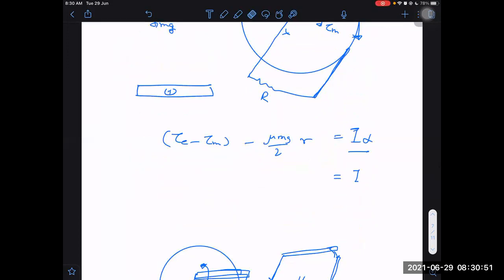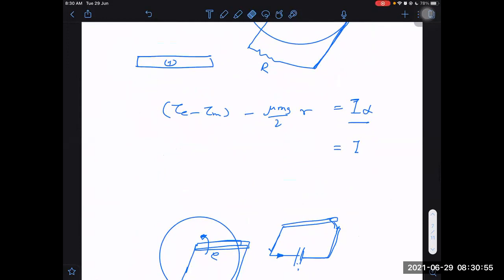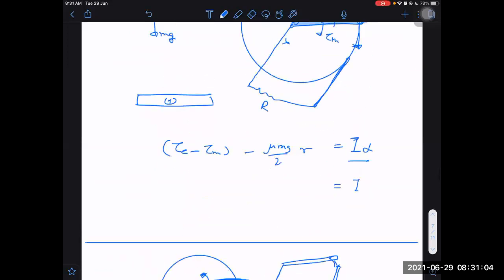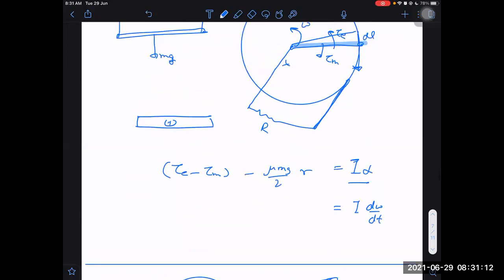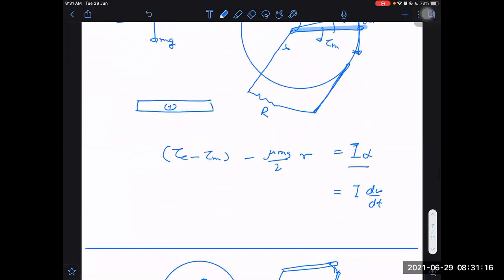So fine. Did I solve it further, or did I keep it here only? I think somebody asked something after that, and I just started analyzing that. Neelkanta, you asked, right? So that was the analysis, but I think I should finish it. What I have to write is this as d omega by dt. What was our aim here? Our aim was to determine omega as a function of time, right? So how to determine that?